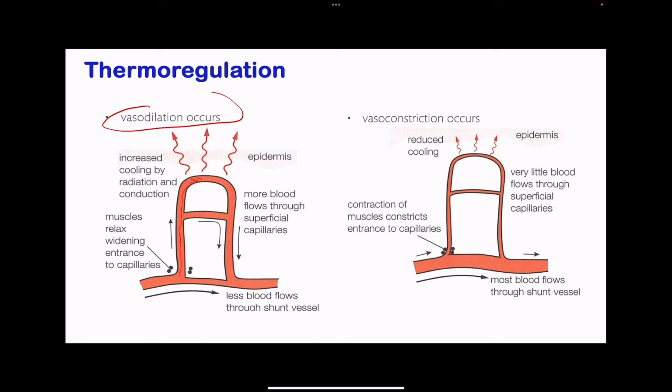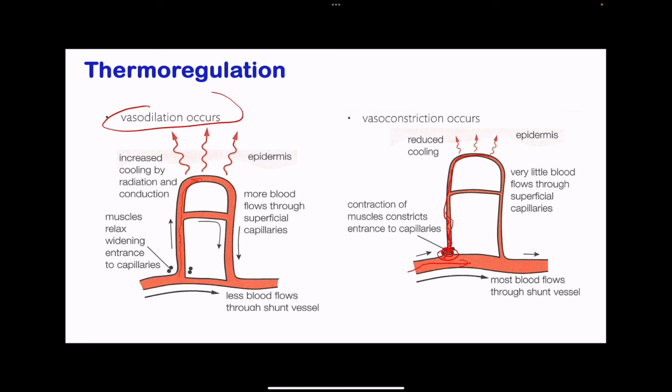When the surrounding temperatures are cooler, the shunt vessel is going to be wider, more blood flows through it, and less blood is going to go through the blood vessels reaching the surface of the skin. So less heat is going to be lost through radiation, and so the body temperature can be maintained. We can see constriction of the blood capillaries occurs, so less blood is going to be sent through the blood vessels closer to the surface of the skin, and that prevents excessive heat loss from the body,